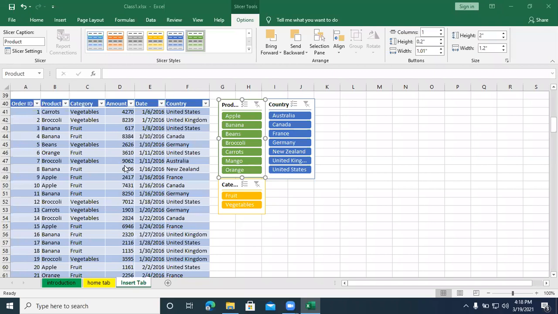Within a fraction of a second, will you be able to tell what is the total amount of vegetables in UK? Is it possible? Yes or no? Without doing any calculation, just by seeing this table, will you be able to tell very quickly?